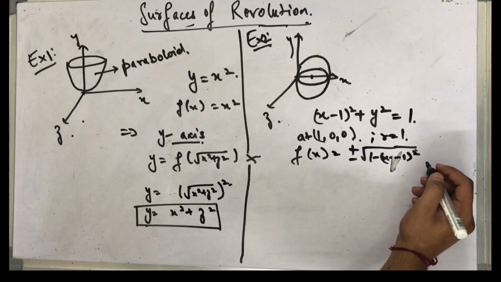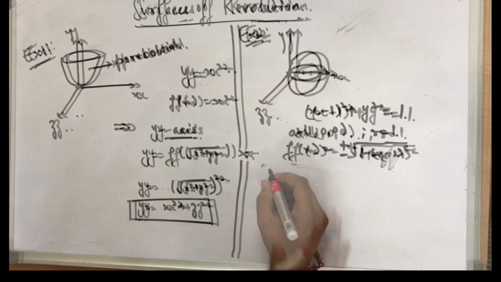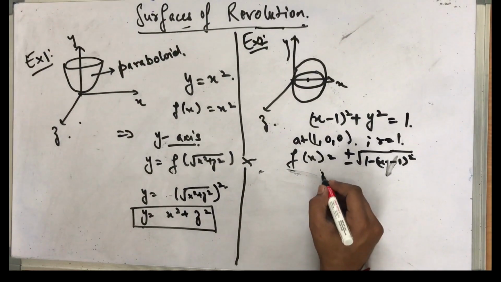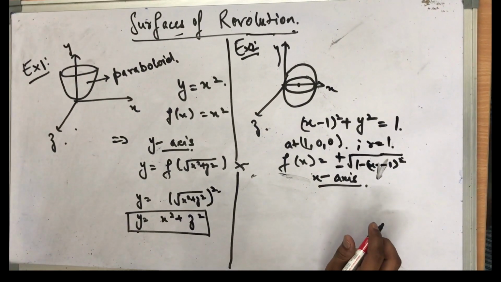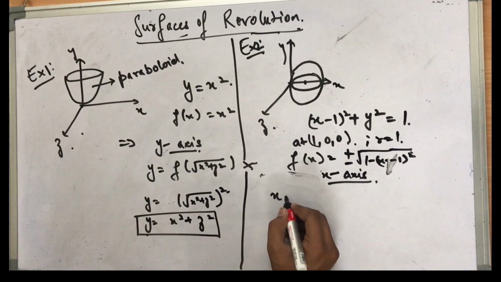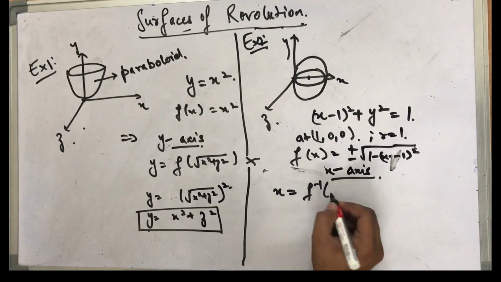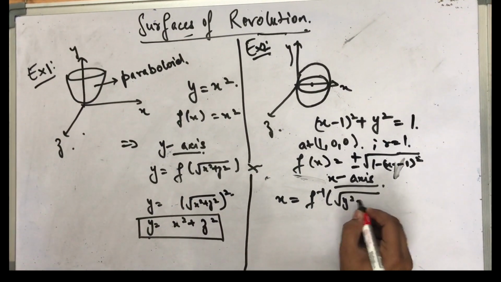So f inverse, which is x, is the equation for this surface which has been rotated about the x-axis. So the equation is x equal to f inverse of root of y square plus z square,